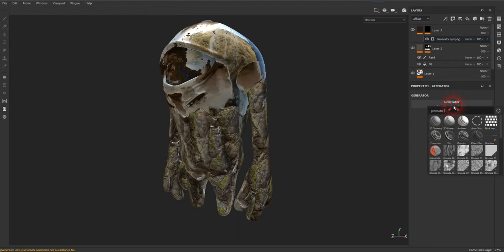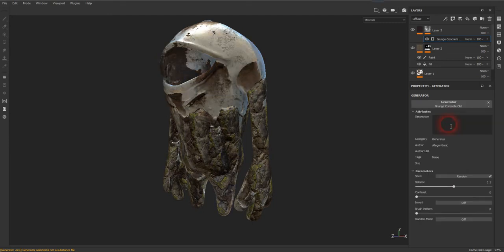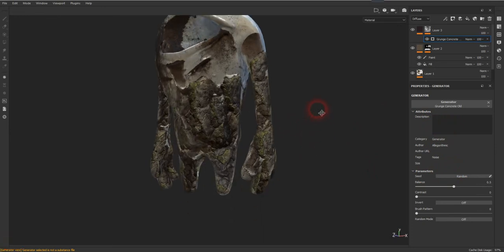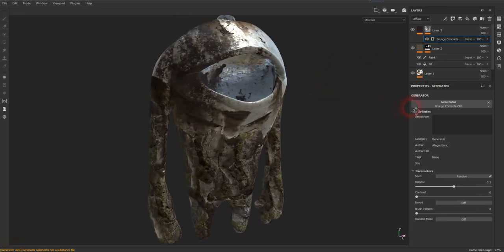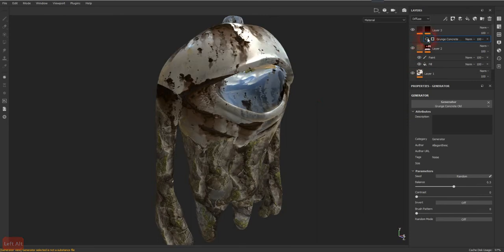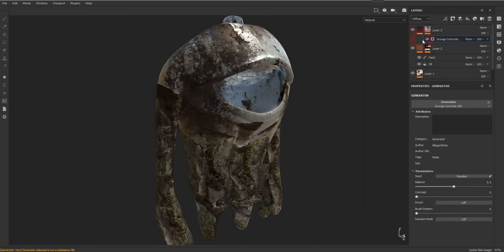And that generator will allow me to look for possible noise that will give me a chance to make that effect a bit more noticeable. So you see that I just put that ground concrete old, and I kind of aged it already. Let's see, turn it off and on. So that aged it a little, it aged all of it, all over. So right now it's all around on the whole thing. So you decide if you want to do that,